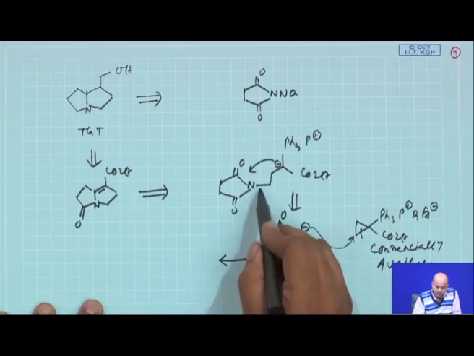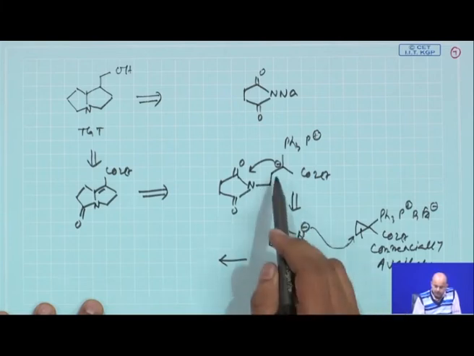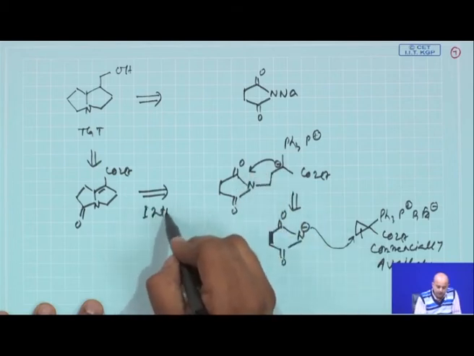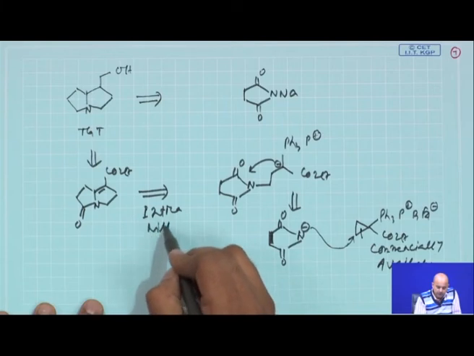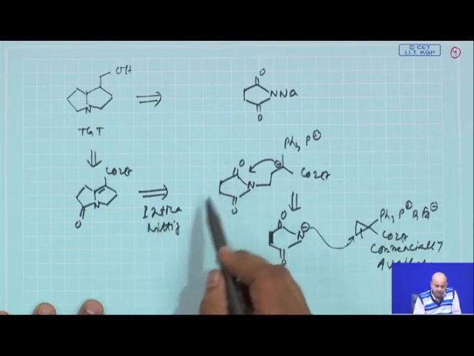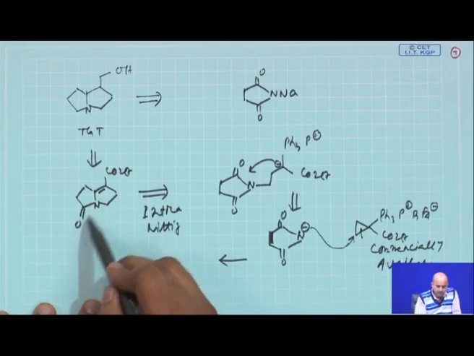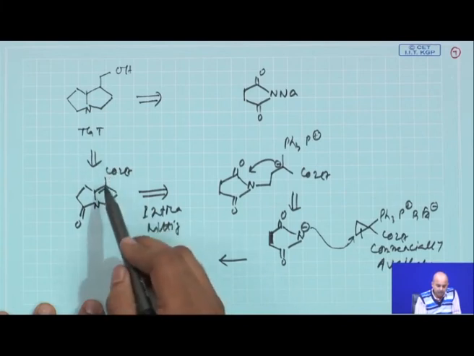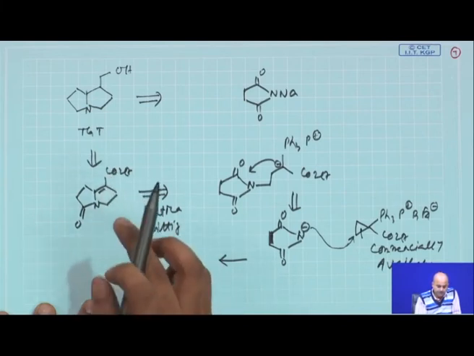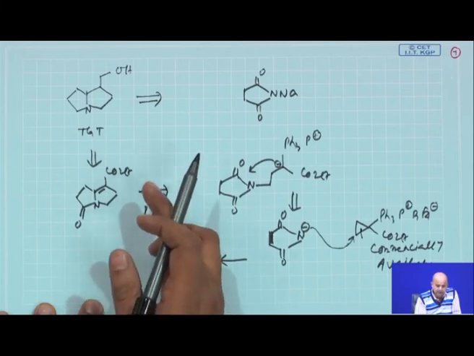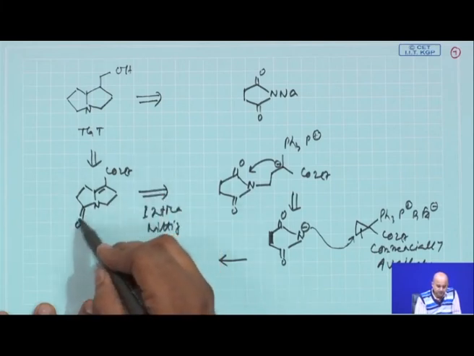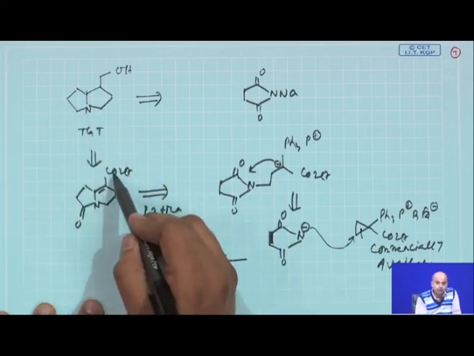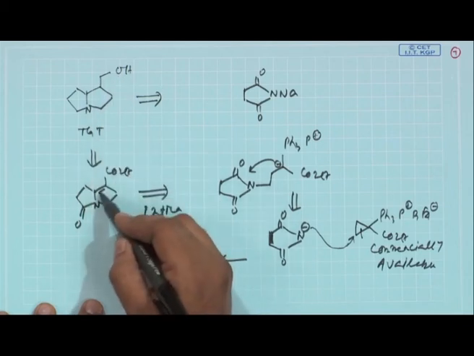You basically get this compound. After this opening, you get this compound. Now, this compound will undergo intramolecular Wittig. Once the intramolecular Wittig is done, you get this amide from this part and you get alpha beta unsaturated esters. Now, you simply do an LAH mediated reduction. So, this LAH reduction will first reduce the amide to amine, and then the CO2Et will also be reduced to CH2OH. The double bond may remain here.